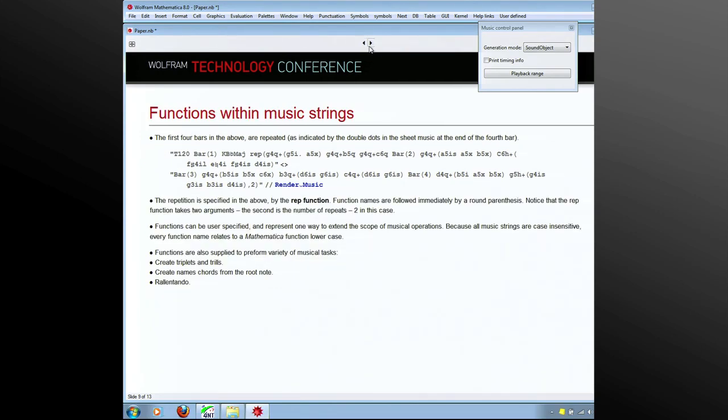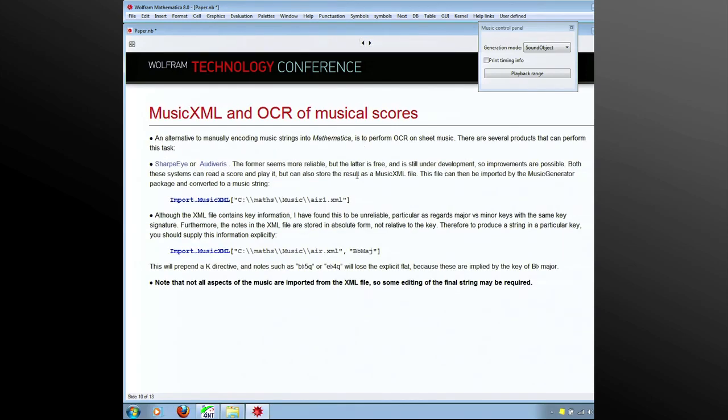I'm going to skip a load of this now because I just wanted to mention Music XML. I was quite pleased when I discovered this, that you can take a piece of sheet music, scan it in, and there's a couple of packages, a couple of programs, SharpEye or Audiveris. The second one's free, but it doesn't seem quite as good or easy to use. But there's another version coming out soon, and I think it might sharpen up, if you pardon the pun, and that will produce